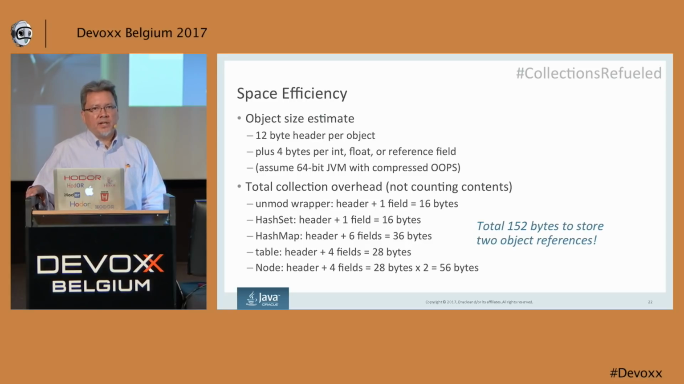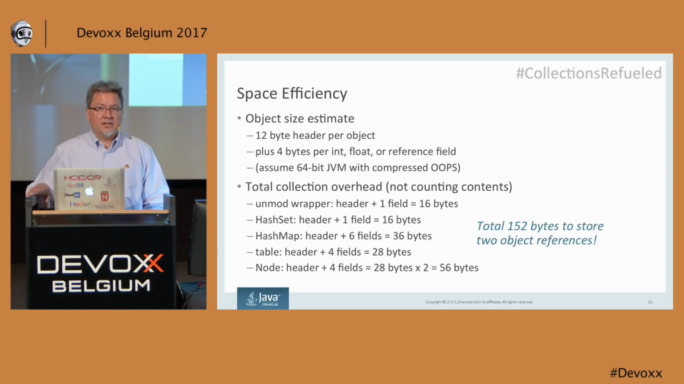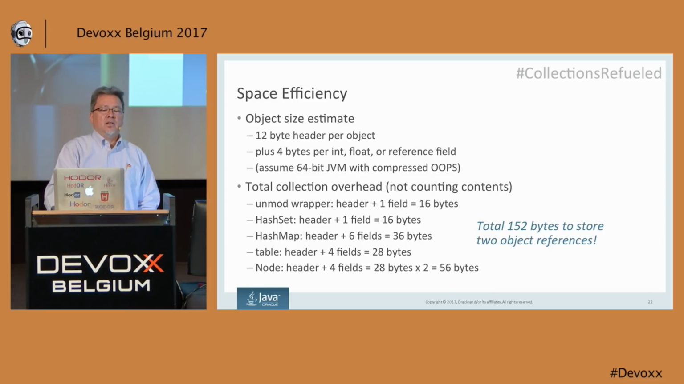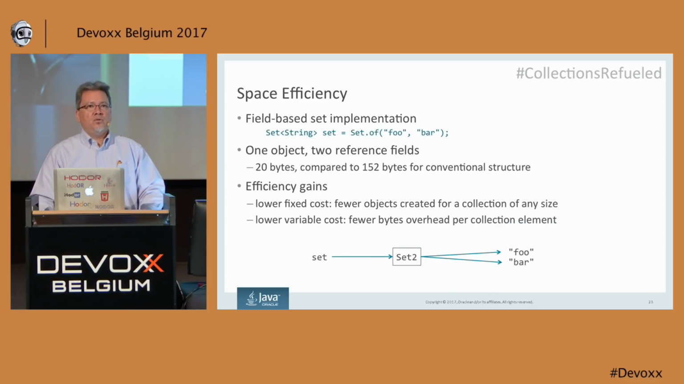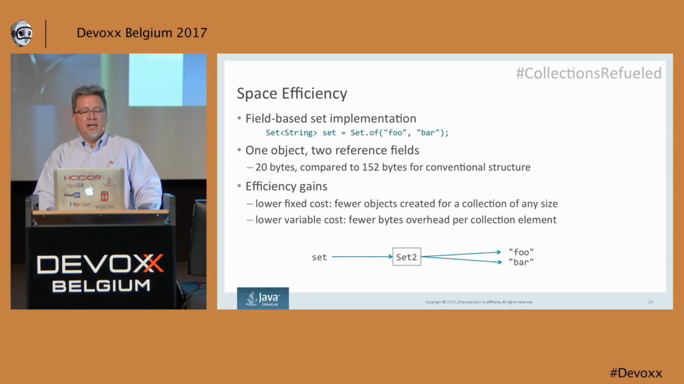out that storing 2 strings in an unmodifiable hash set takes 152 bytes. And that's not counting the strings. In fact, the strings themselves are not as small as you might think they are, but that's 152 bytes for just a 2-element set. So that's hash set. If you look at the new set implementations, if you say set.of foo, bar, you